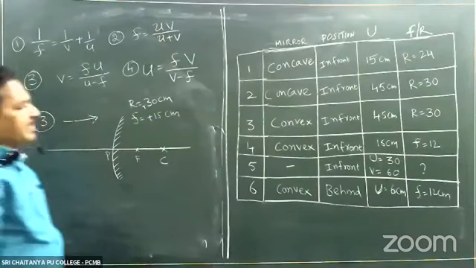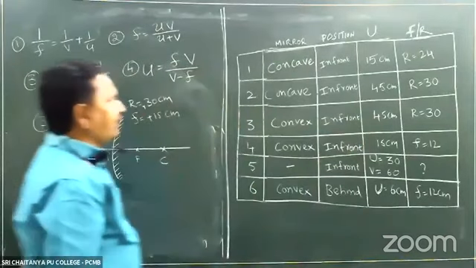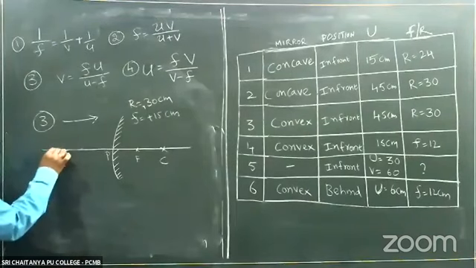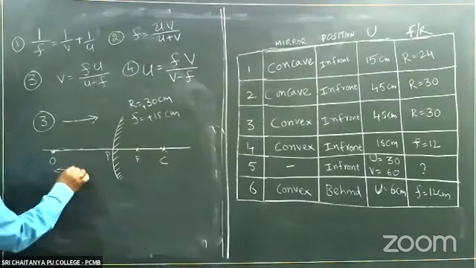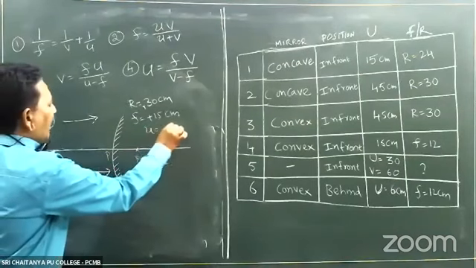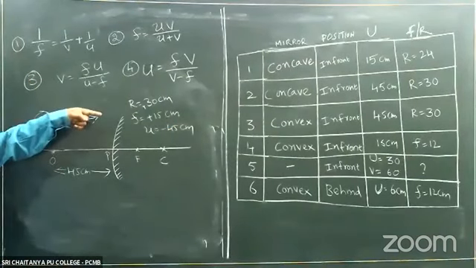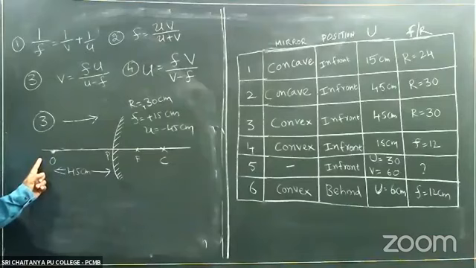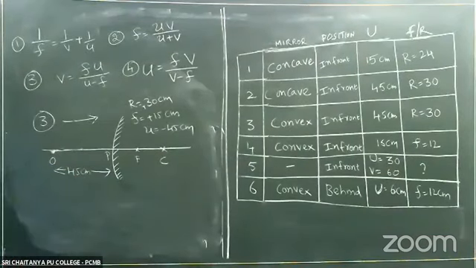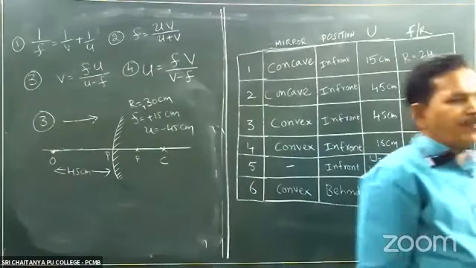But the object is kept where? Object in front of the mirror, 45 centimeters. So here, the reflecting surface. So object 45 centimeters. So U value 45 centimeters. But the light ray is traveling like this onto the mirror. P to object is the opposite direction. So minus 45. Substitute in the given formula.